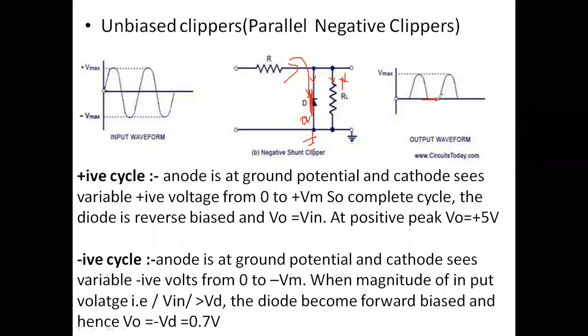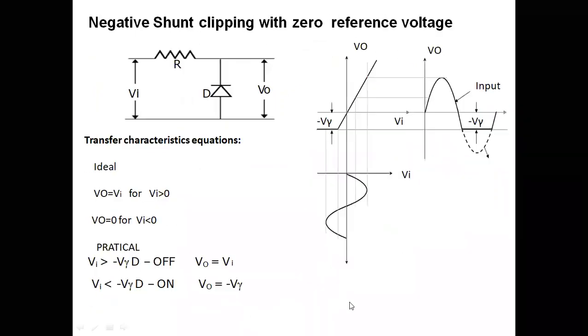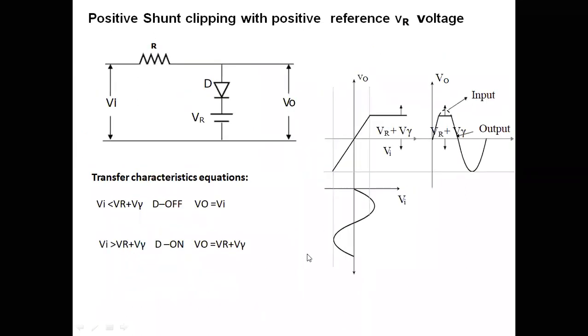Like that, by seeing the circuit you can assume and make the explanation by yourself. We have around 16 clipper circuits. From a by-hearting point of view, these waveforms are very difficult. If you understand the concept, then you can easily draw them. No need to by-heart. If you try to by-heart these waveforms or explanations, it will be very difficult because you have to remember 16 clipper circuits, so it is not possible. That's why I am saying it is better to understand the concept. If you understand the concept, it will be very easy.